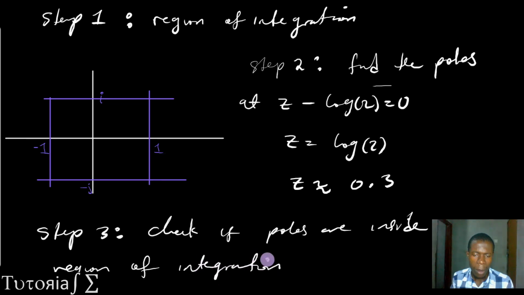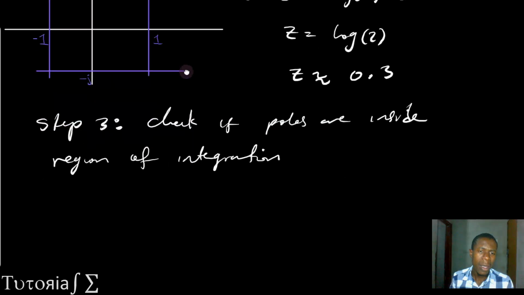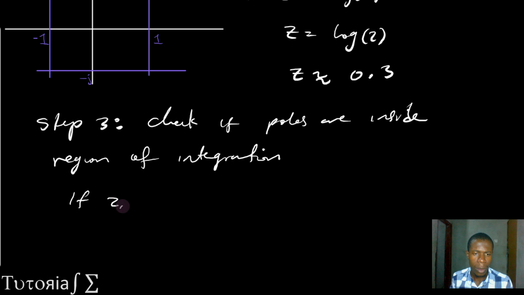Okay, so check if the poles are inside the region of integration. So basically, if the pole z naught is an element of the region of integration, then the integral